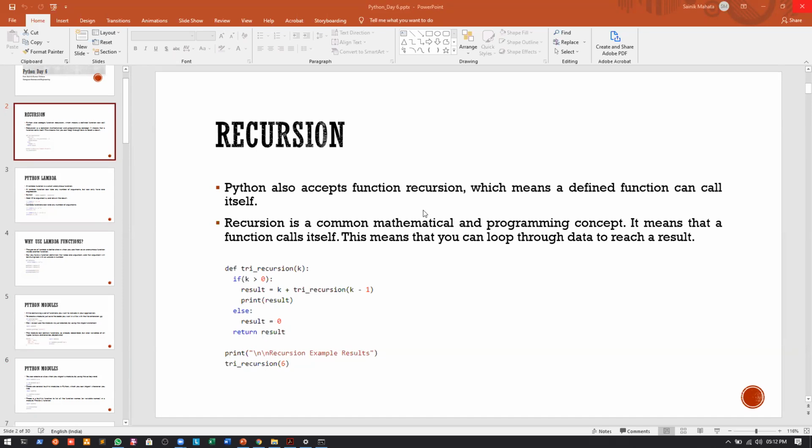Very quickly, if I just see this example, it will be much clearer. Suppose we are defining a function called try_recursion, and as a parameter we are passing k. Inside the scope of this function, if k is greater than 0, whatever the value of k that we pass, we write result is equal to k plus